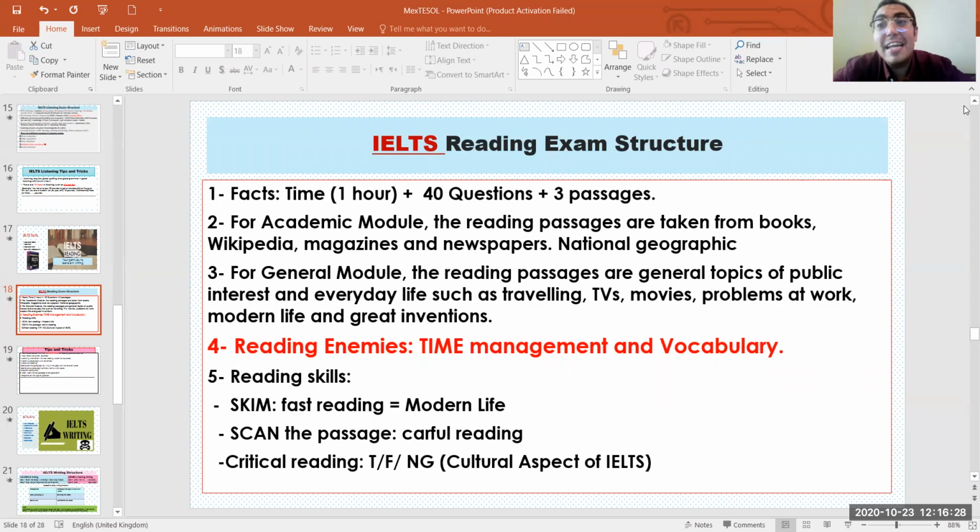Do you know that the not given question means that the sentence can be true, but there are 3-4 words that have been added to the sentence that make it not given? Example, there is one text in academic reading, talking about an African boy who invented a kind of, or brought electricity to his village.